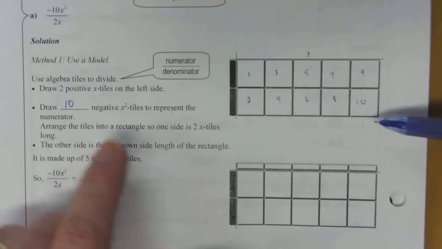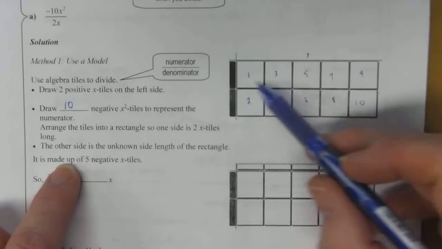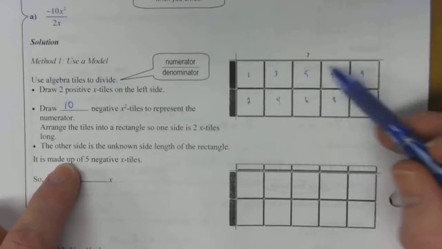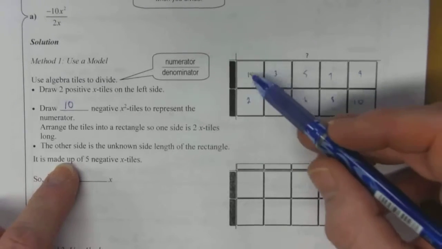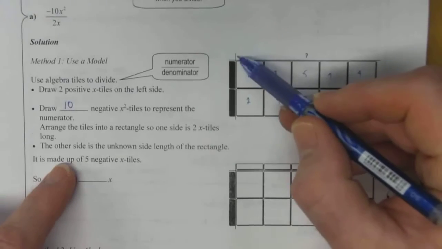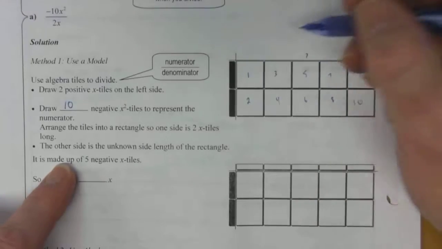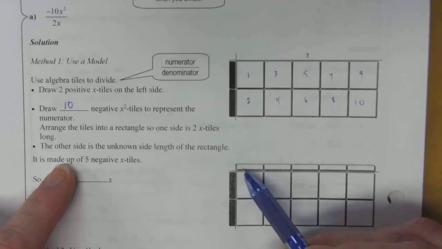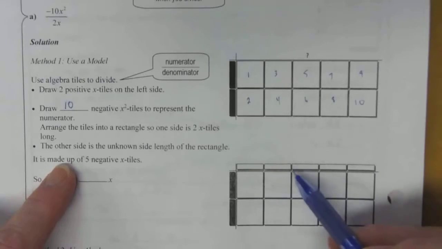So arrange the tiles into a rectangle so one side is 2x high. So the other side is our unknown. That's going to be our quotient. Now if these are x squared tiles, then we know that the length here has to be an x on each one of these. So we're drawing an x across the top for each of them, and so then there's 5